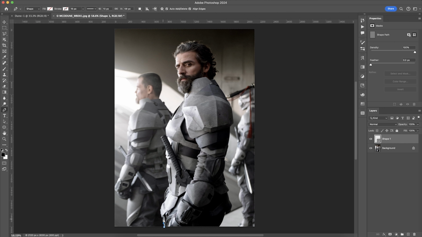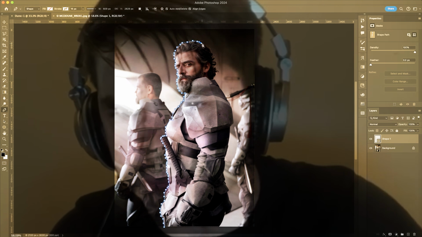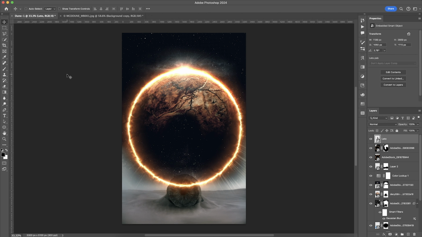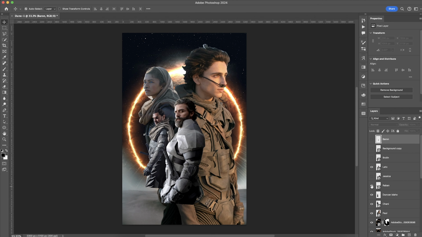Once we've decided on a headshot, we can then bring it into Photoshop and start removing the background with the pen tool. Once we've got them finally cut out, we can turn that layer into a smart object and place it onto our canvas. Rinse and repeat until everyone is at the party, and we can start laying them out.